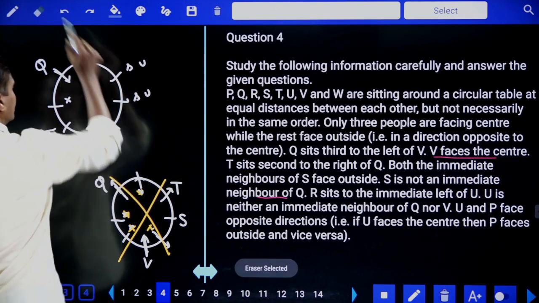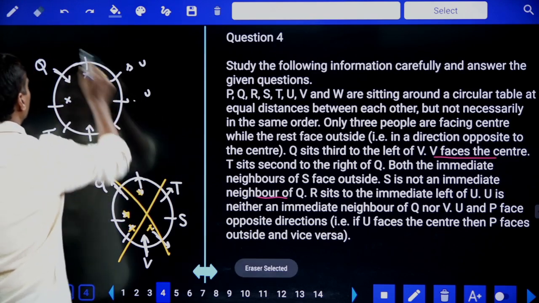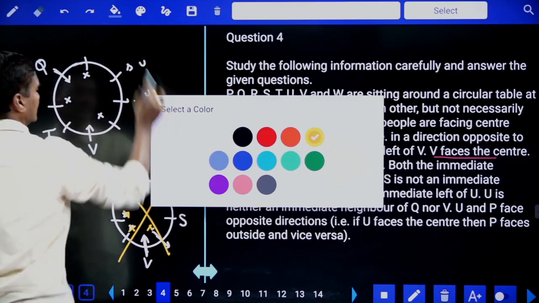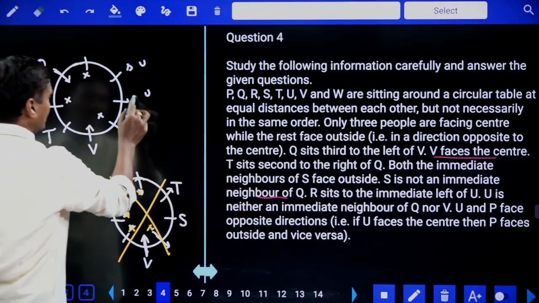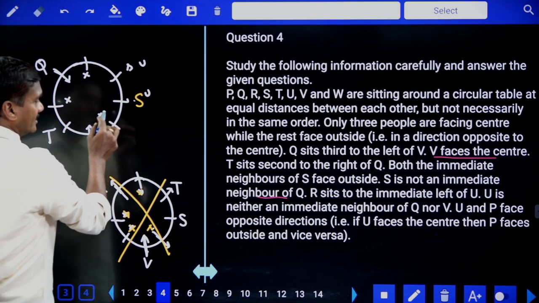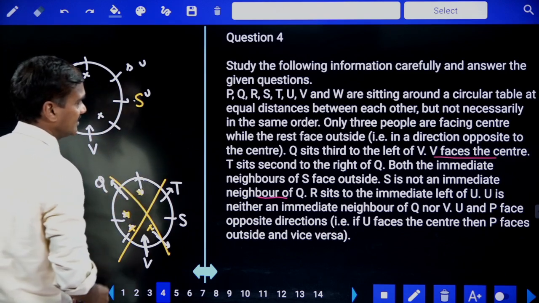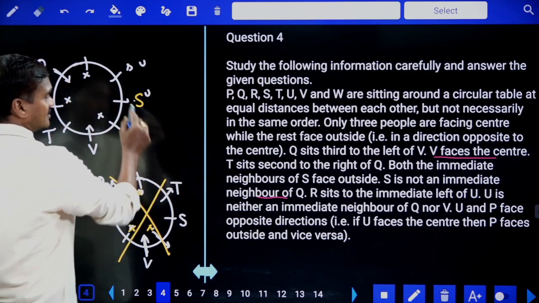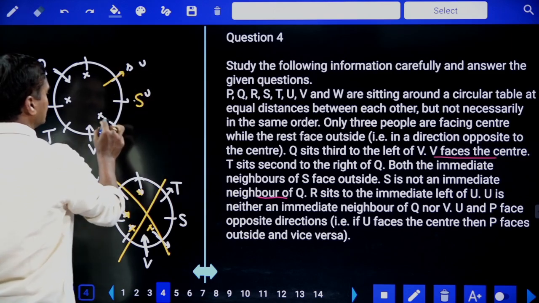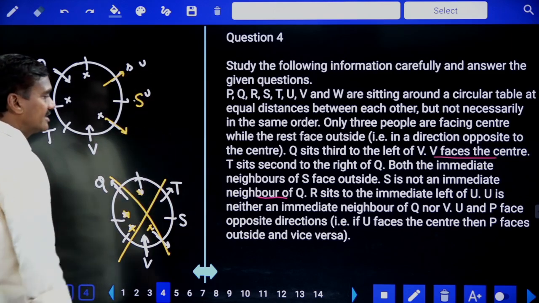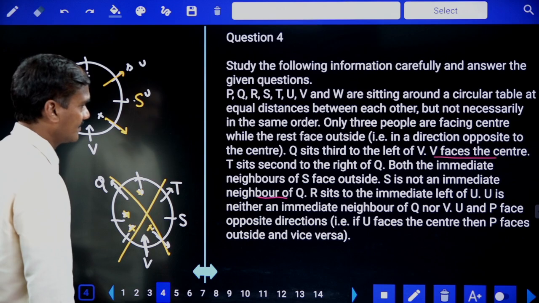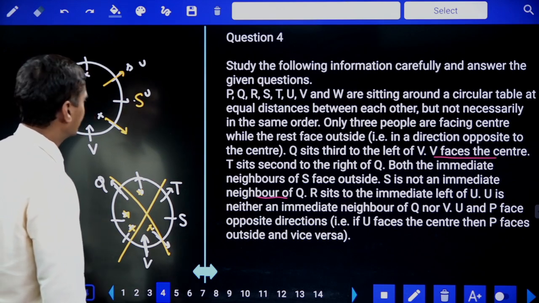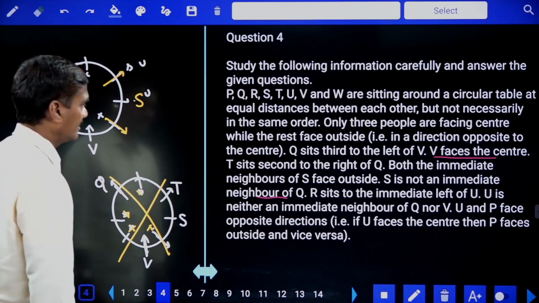Okay. Now let us start with this one. If S is at this place, if S is here, I am taking a possibility here. If S is here, then both the immediate neighbors of S face outside. Neighbors of S face outside, so these two persons are away from the center. Immediate neighbors of S are facing outside, and next one, S is not an immediate neighbor of Q, and next